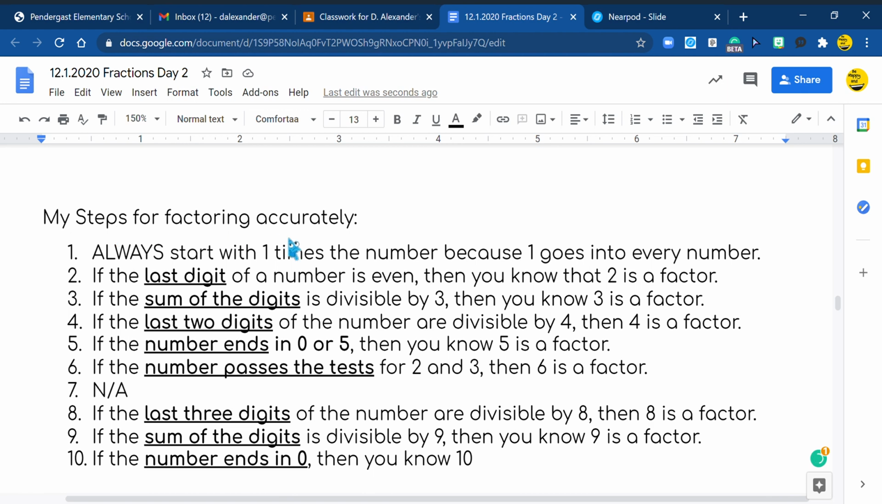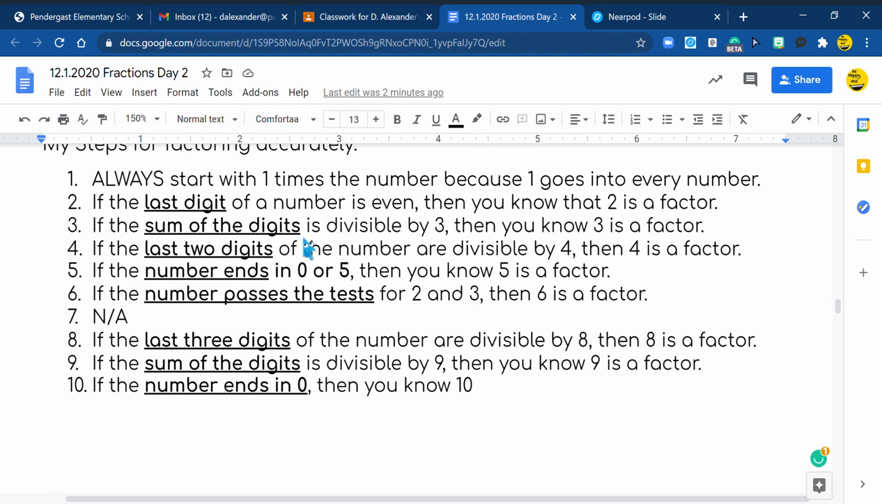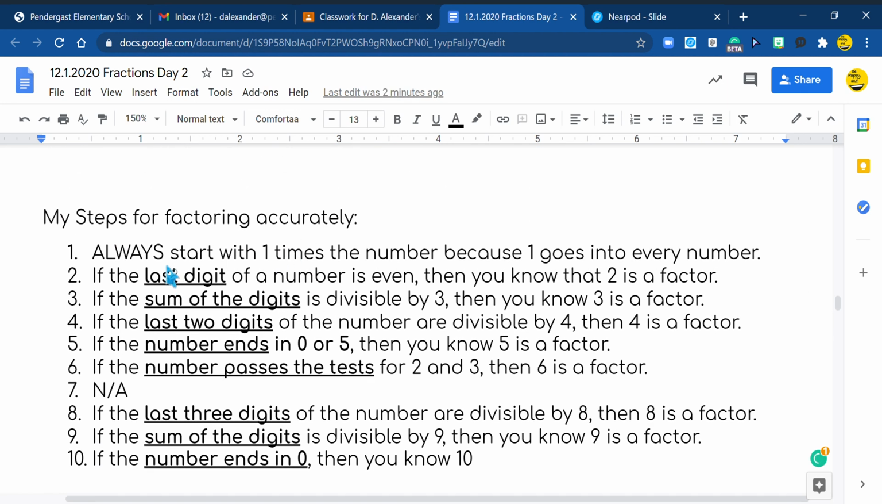My steps for factoring accurately. This is the way I do it, and I do it every time I look at a number. Step 1, always start with 1 times the number because 1 goes into every number. So I always start off with 1 and whatever the number is. Then the next step I do is, if the last digit of the number is even, then you know that 2 is a factor. Once I see that 2 is a factor, I quick divide and find out what its